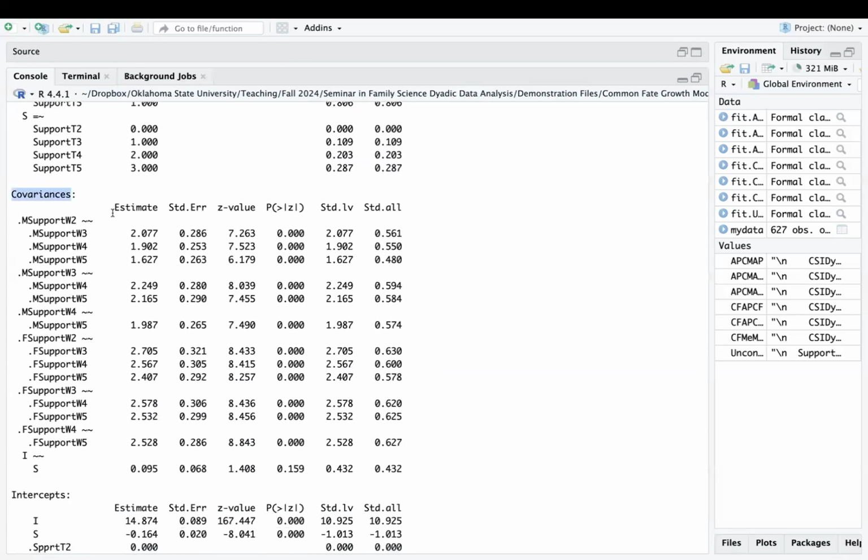So you also have covariances, and you have fairly strong residual covariances here. They are a lot higher than you've probably seen in the baseline common fate model. That is probably for a variety of reasons, but one is that it's the same construct over time, compared to the common fate model, where you're covarying the residuals of male reporters on construct one and construct two, and those are probably much less interrelated, right? So that unmeasured common cause of unaccounted-for variance at the dyad level is going to be different when you're assessing two different constructs. But if you have a single construct, support at both time points, there's probably going to be a lot more shared or unmodeled variance, or practical reasons why